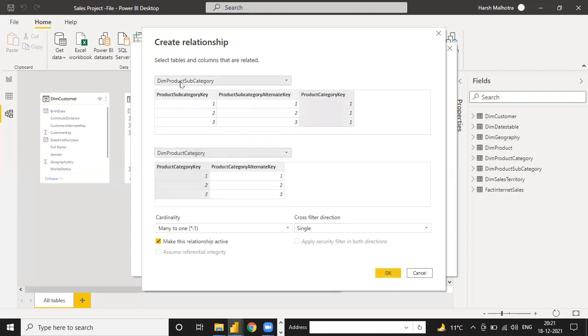So here is product subcategory to product category, and see product category to product category is automatically done, and the relationship is many to one, because in this table we have unique values, but here we have duplicate values as well. See, these are the dim tables. You can see the product category and product subcategory. Subcategory means the category of the sub also. That is why we have made two dimension tables.